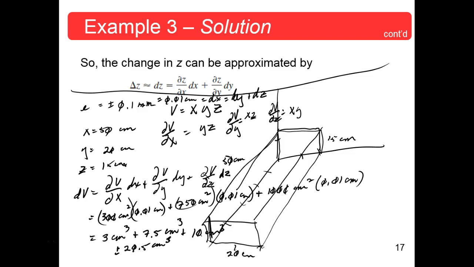Times 15 would be 1,500, right? Wait. 15,000, yeah. Of course. 1,000 times 15 is 15,000. So your volume is 15,000 cubic centimeters. So your relative error is